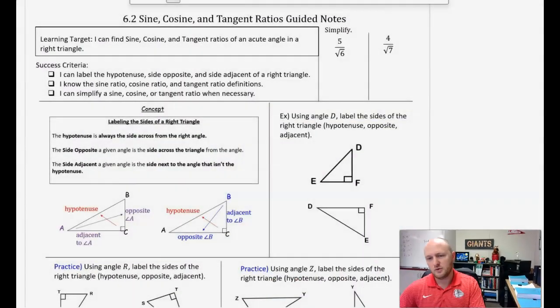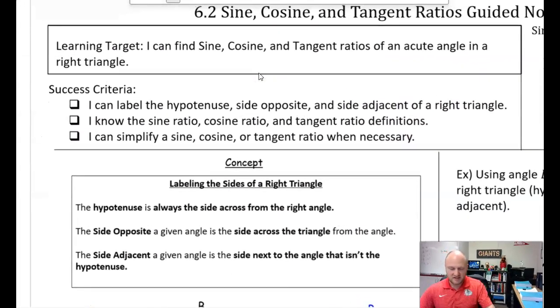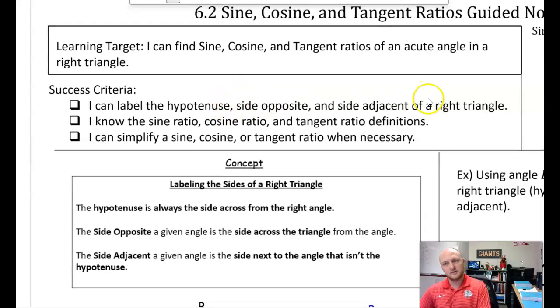Hello, welcome to this video 6-2, and we are going to find sine, cosine, and tangent values of acute angles in a right triangle. So, without further ado, that's what we are doing today. You will be successful if you can label the hypotenuse and the sides that are opposite and adjacent from a given angle that we're trying to find trig values for. You will be successful if you know the sine, cosine, and tangent ratio definitions, and you can simplify a ratio